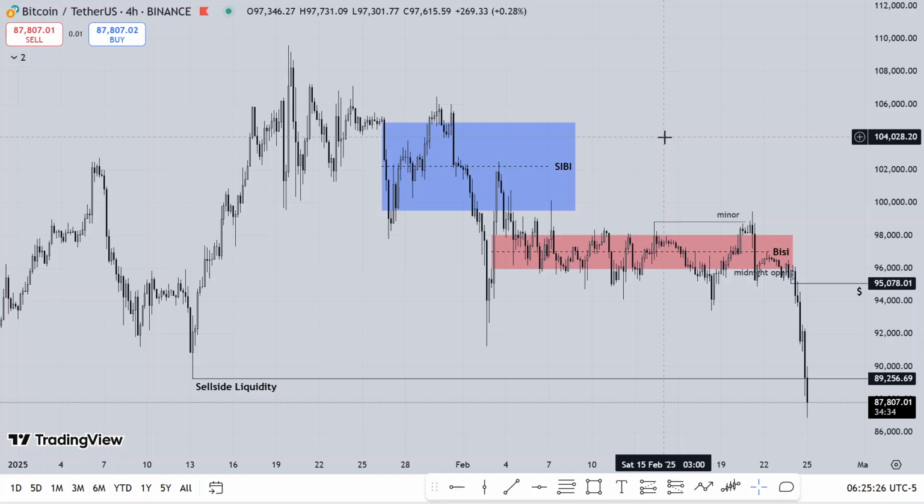When the market fails to trade above the midpoint and close above the midpoint of a PDRA, whatever PDRA, specifically most times imbalances, when the algorithm fails to trade above it and close above the midpoint of these PDRAs,